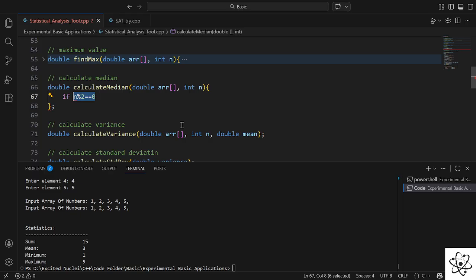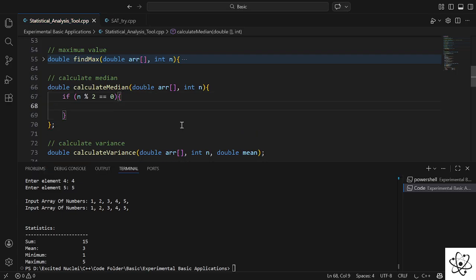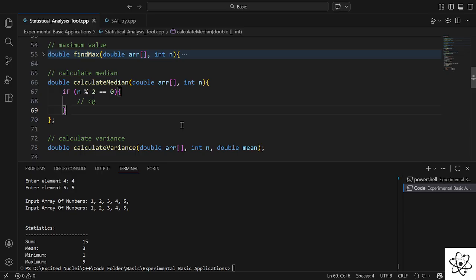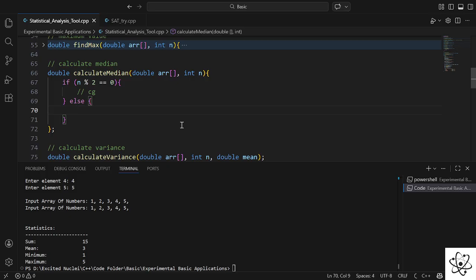That means if n divided by 2 returns nothing but 0, then do one thing, and we are going to complete this code again. Else, just do one thing, find